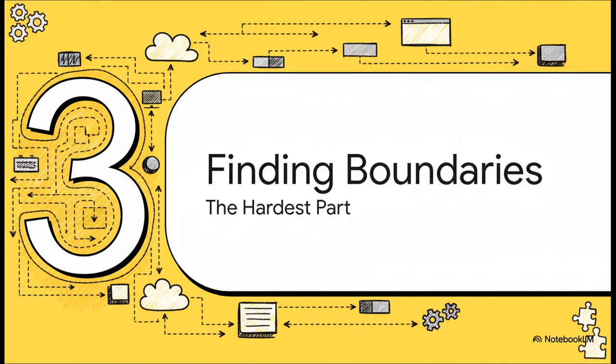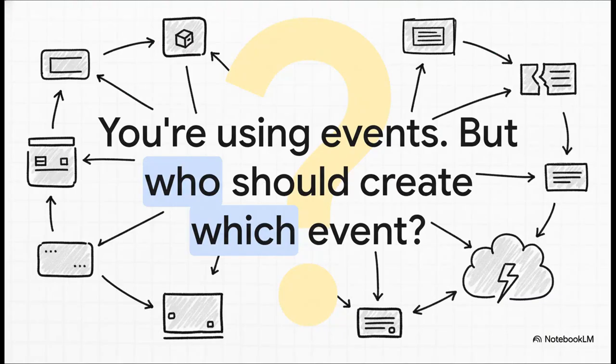Okay, so the tech sounds amazing, right? But all these powerful tools don't solve what is often the single hardest part of doing this right. And it's not really a technical challenge, it's a design challenge. This right here is the question that trips up so many teams. It's one thing to say, let's use events, but it's another to figure out what an event even is in your business. Which service is in charge of creating an order-placed event versus an order-shipped event?